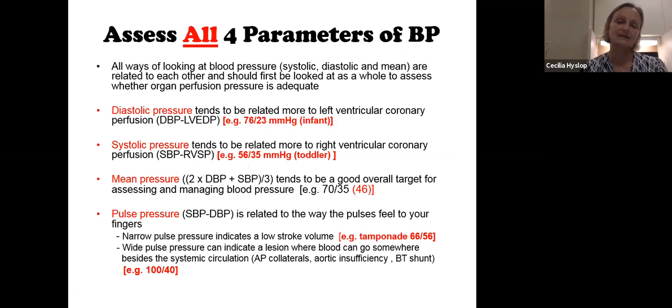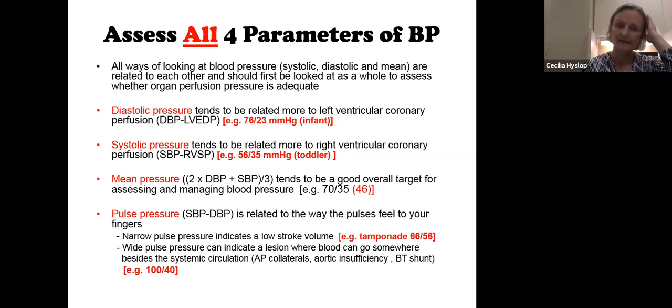So we need to assess all 4 parameters of blood pressure. All ways of looking at blood pressure, systolic, diastolic, and mean, are related to each other and should first be looked at as a whole to assess whether the patient's organ perfusion pressure is adequate. Diastolic pressure tends to be related more to left ventricular coronary perfusion. So diastolic blood pressure minus left ventricular end diastolic pressure, which is basically the LA pressure if we have an